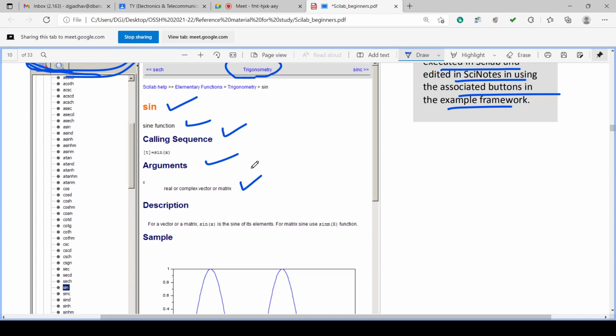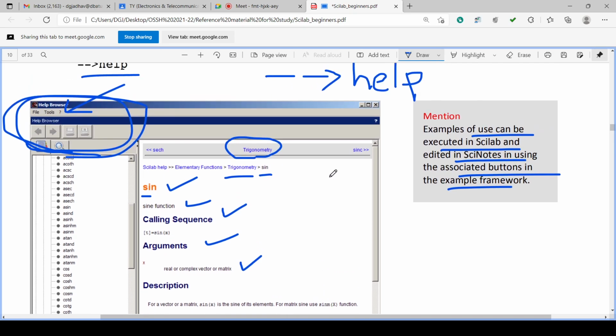The individual outputs will be the sine of the individual values in the array. Okay. So in this case, in the trigonometry functions, sine is selected for the help. Any function you can select for the help.